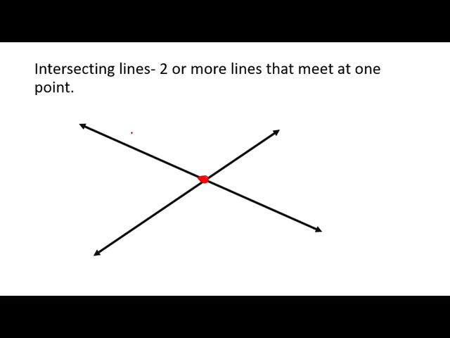For example, if this will be line A and this will be line B, this will be the point of intersection, and we can call that as the intersection point. Yan, dun sa intersection point, magmi-meet ang dalawang linya na binabanggit dito sa ating example. Okay, so those are intersecting lines. Next,